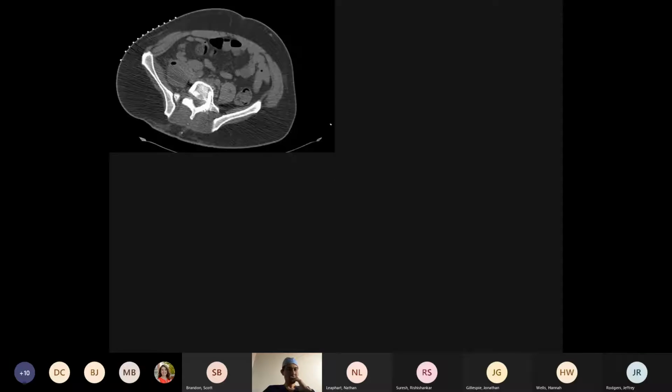I'll give you some clinical examples of how we treat patients and how things can be done. This is a patient that came to us with an elevated white count and fever, and we found out he had an abscess in the psoas muscle. Nathan, if you can show them. So that's the psoas muscle, and it has an abscess